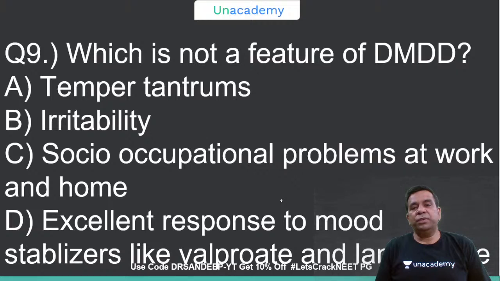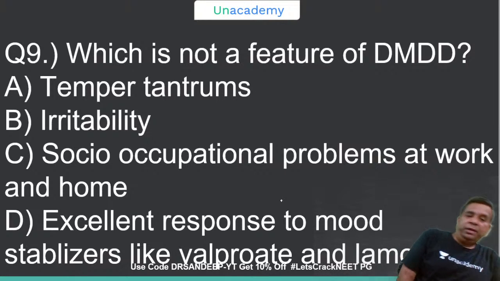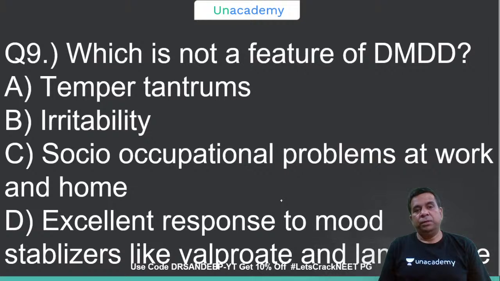Let's do the MCQ: which is not a feature of DMDD? DMDD is disruptive mood dysregulation disorder. It's the latest category added in the DSM-5. So we move away a bit from lamotrigine and valproate. It is basically placed with the depressive disorders. Irritable child. So the answer is